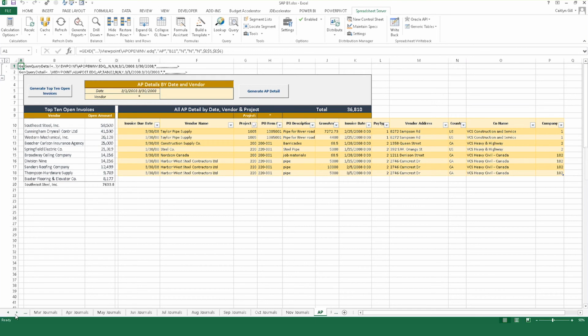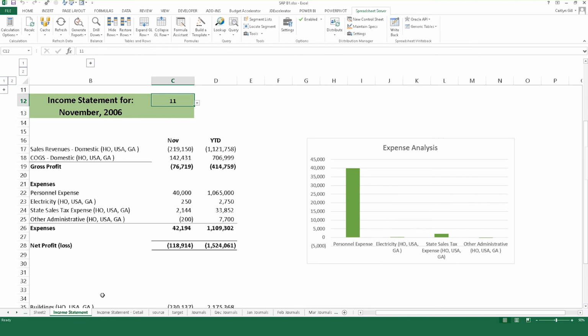Okay, so we've gone through building a report. We've gone through some features and functionality. We've gone through distributing a report. And the only other thing we can touch on is all of the options for reporting. We've shown you a couple different types of reports, but know with Spreadsheet Server, you can use this tool to connect to not only SAP, but also databases outside of SAP, and pull data from multiple systems into a single